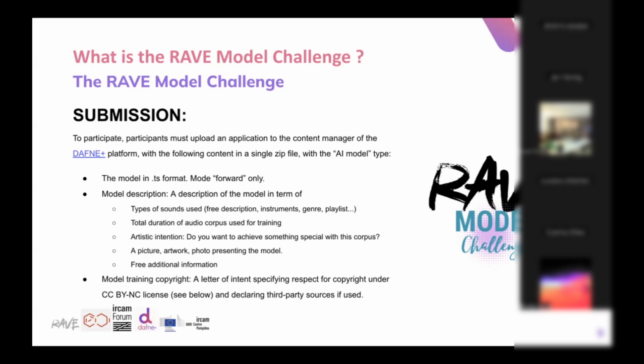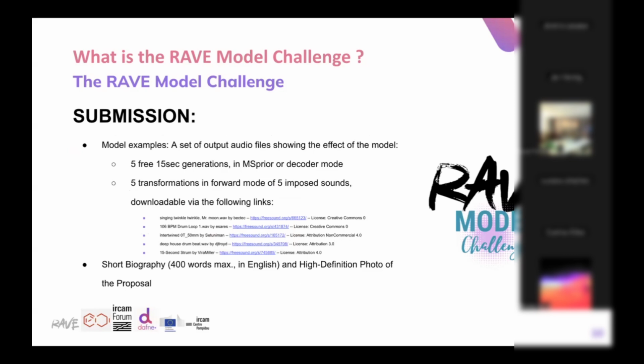So it's important that you own every part of this model when you submit it, when you share it. Also, we want to give examples, so we will issue pages with every model and every example so that people that are not Rave users can also just listen to and choose and vote for their favorite model. And so we suggested to have